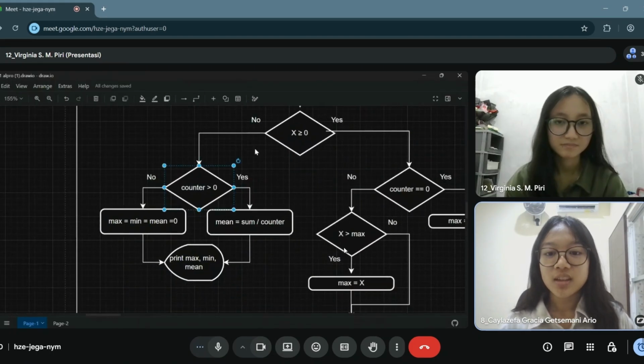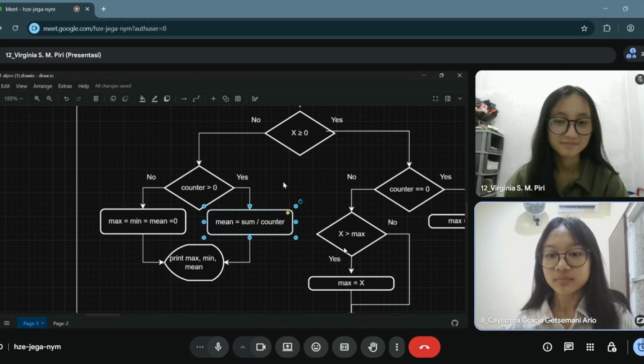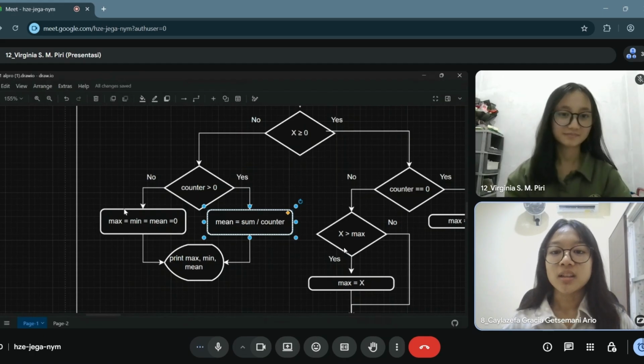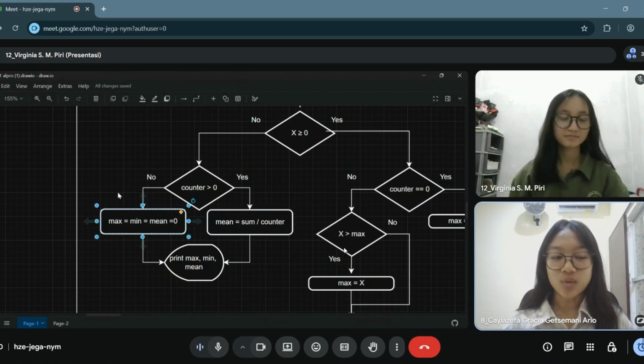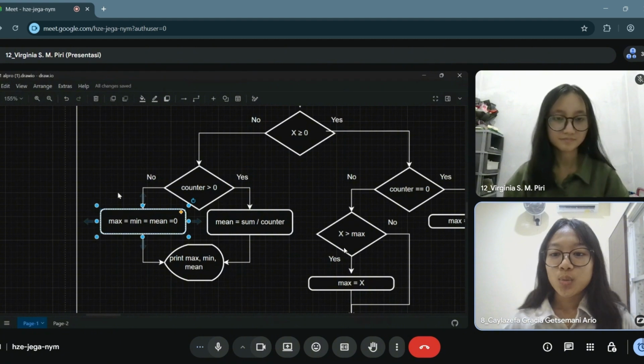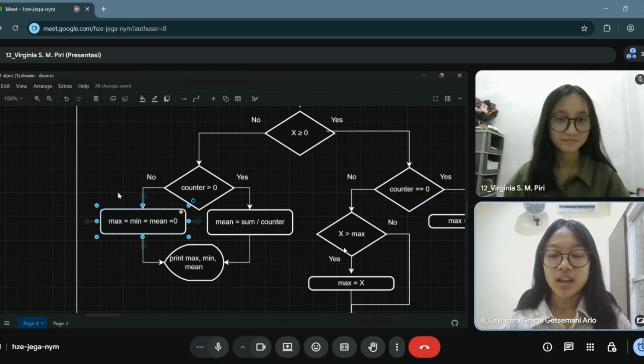If yes, we process sum divided by counter and store it to the main. If counter not larger than 0, we process max equal to min, equal to main, and equal to 0.